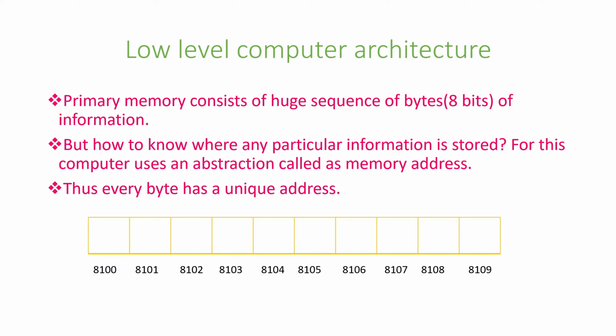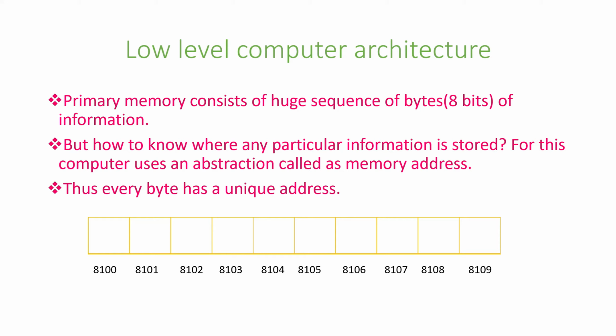See, ADT doesn't talk about implementation, and now you are clear on the term array ADT. But when you need to code, you need to have its implementation, either by the language or by yourself. For understanding the implementation, first we need to understand the low-level computer architecture. Whenever a program runs, it is first loaded in primary memory. This primary memory consists of a sequence of bytes of information. It is going to hold a lot of information.